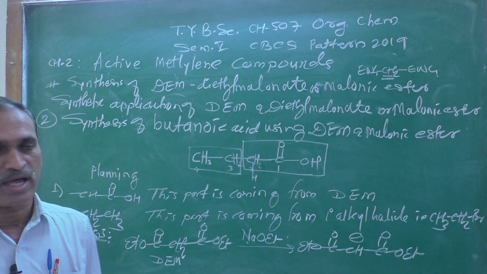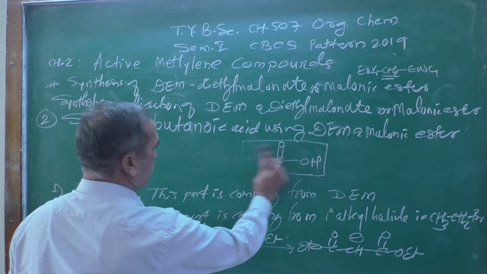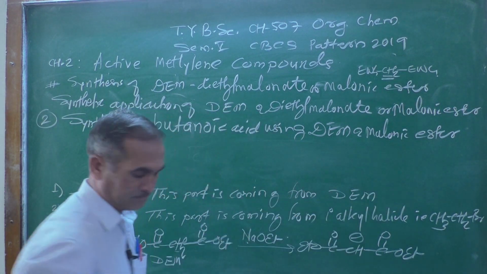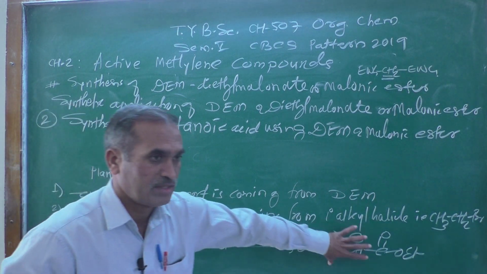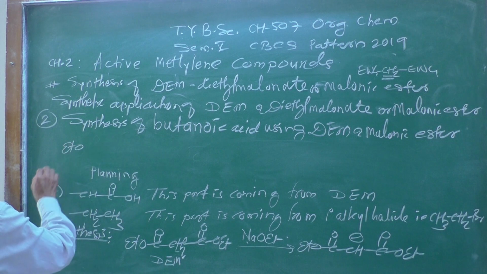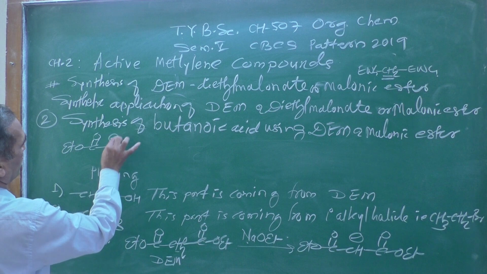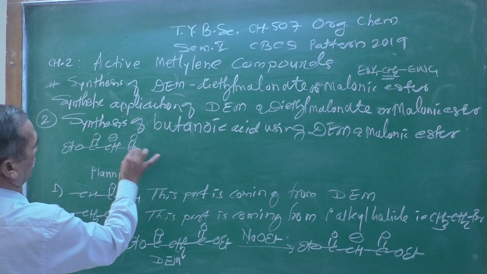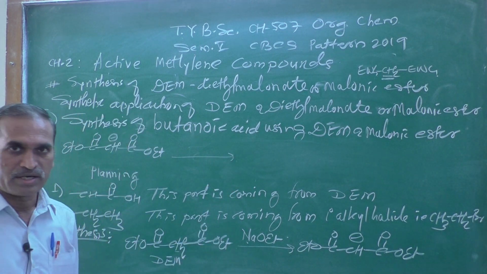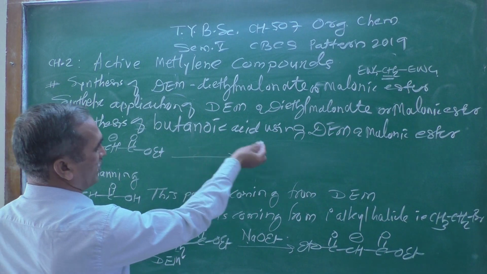The negative charge present on the carbon atom, that species is known as a carbanion. After that, taking this same carbanion structure, EtO, C double bond O, CH minus, C double bond O, OEt, in the second step we usually use the appropriate